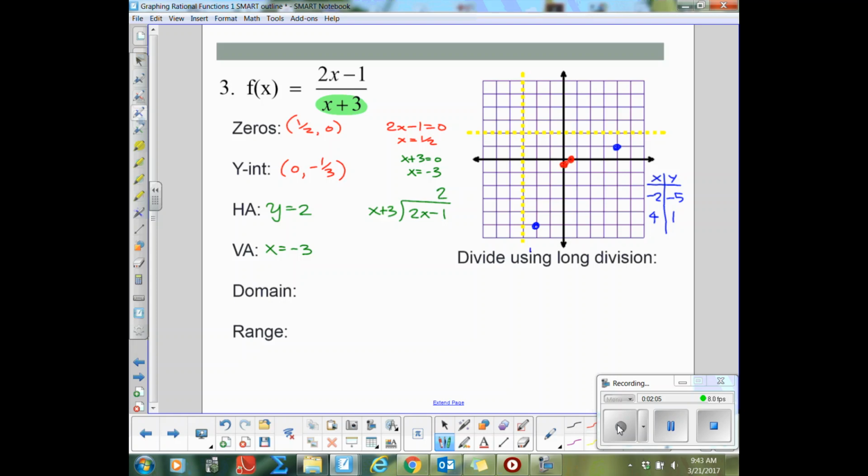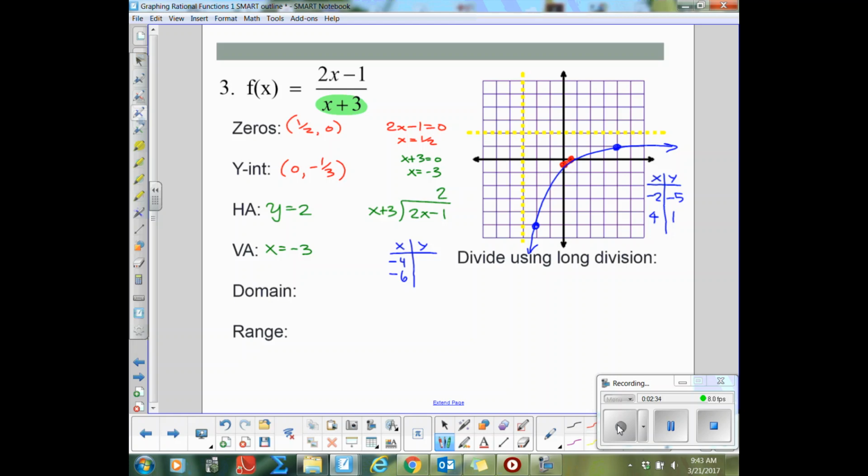And that finishes off my graph on the right. I have to finish off my graph on the left. So I'm going to plug in some other values, maybe -4 and a -6. -4 gives me